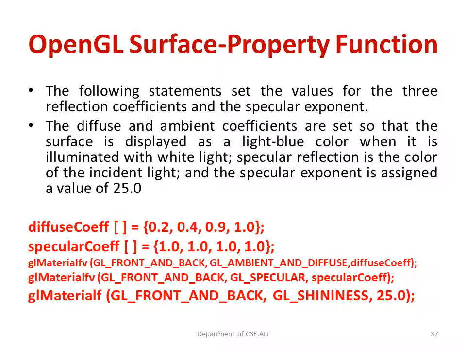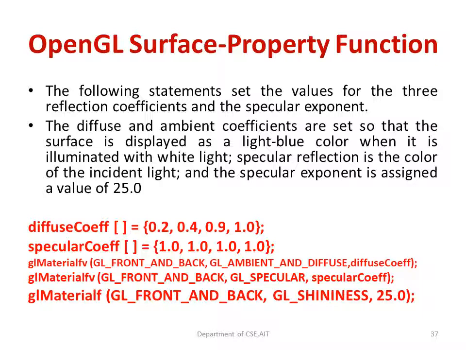That means a concentrated shininess effect, and that value is given in your specular coefficient. And the shininess also I am going to add to my front and back surfaces by giving the direct value 25. The shininess is equal to 25. So in this set of APIs, we are making a modification in the scene for all the front and back surfaces of the objects with respect to the ambient, diffuse, specular as well as the shininess. All these properties we are going to add to the scene.